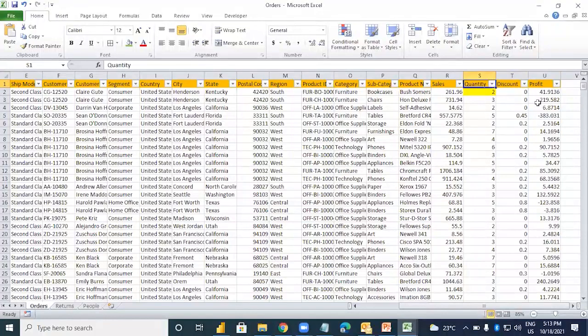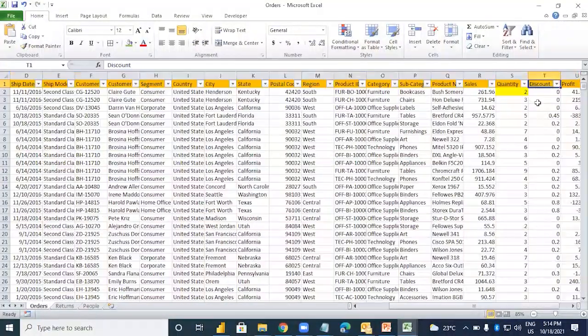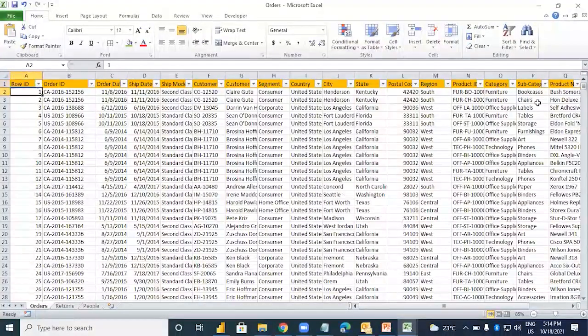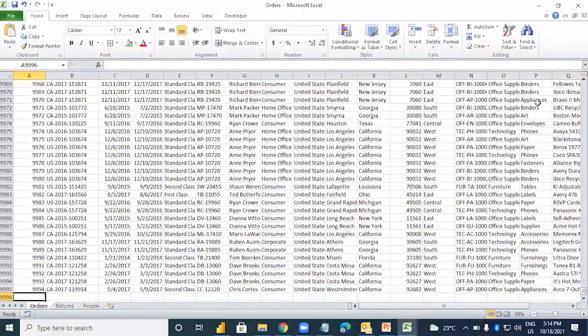Overall I have 21 fields in this data, and to be specific, 9,994 records are available. So this is the data we have.